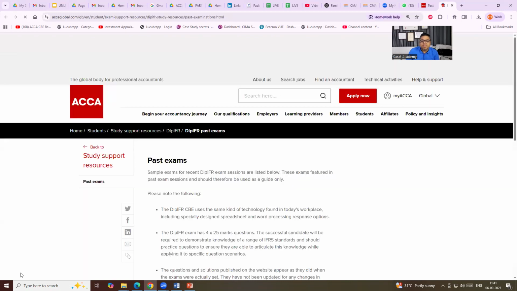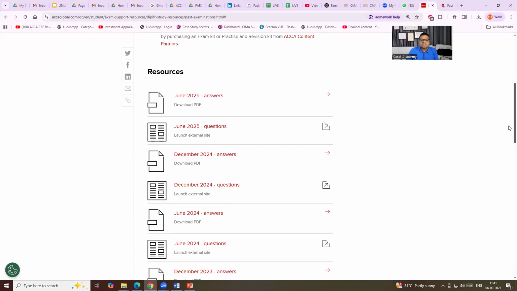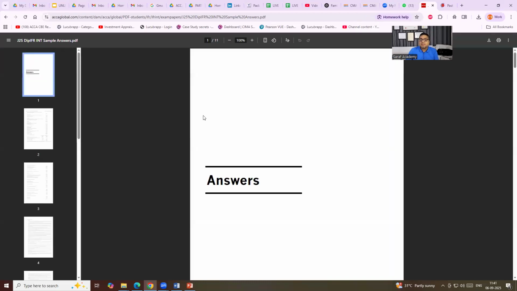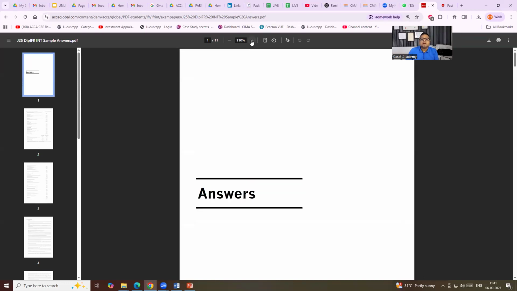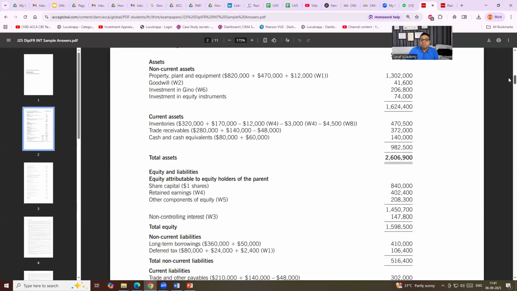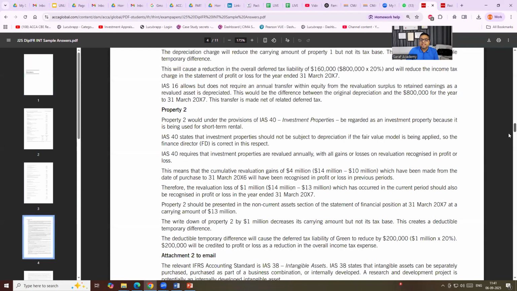When I exit, I'm again going to the same screen where the past exam questions and answers were. So I have solved the paper and now I can compare my answers with the model answers. For the paper which I opened, model answers are given along with marking guidelines. All the marking guideline details are there.